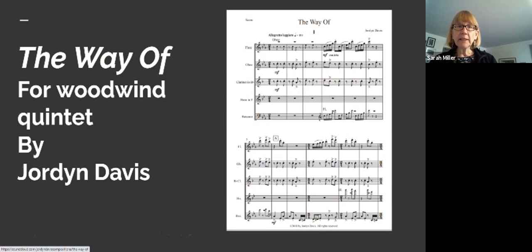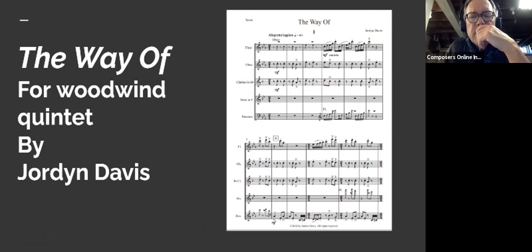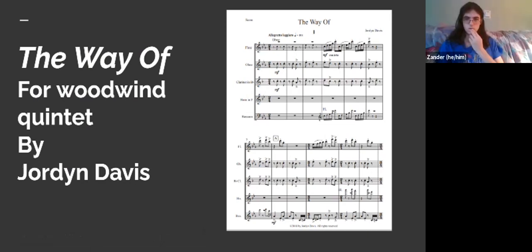Okay, now this is Jordan's piece, and I'm just showing you the first page so you can see such a beautiful score she put together, the first movement of a woodwind quintet. And Jordan, you're here, right? I think so. I'm going to play some of this for you. Apparently her microphone wasn't working at some point. She said that in the chat anyway. So she's not able to talk, but she can listen. That's good. And tell me if you can hear this. I can hear it.